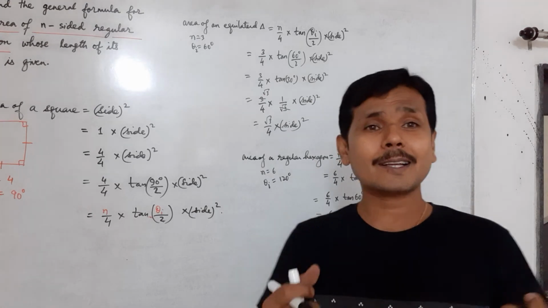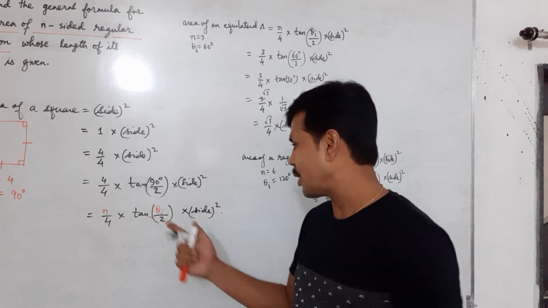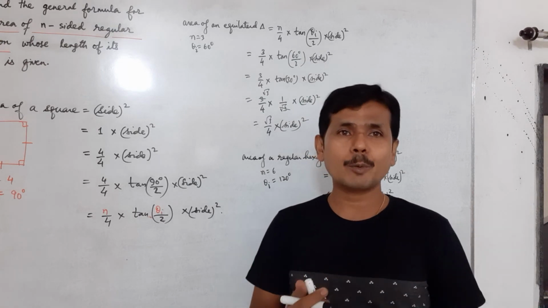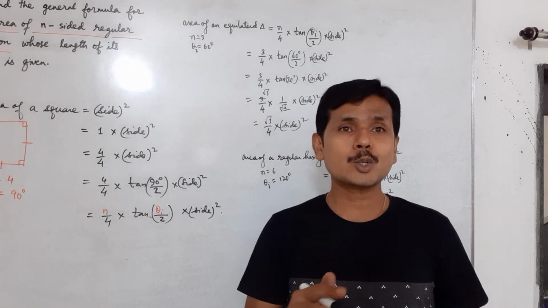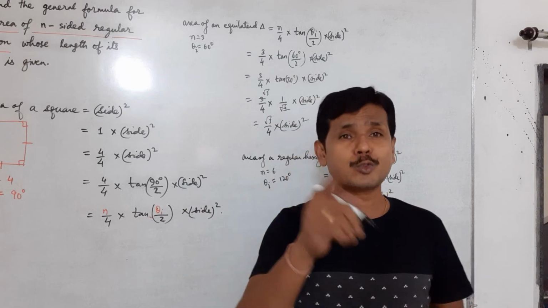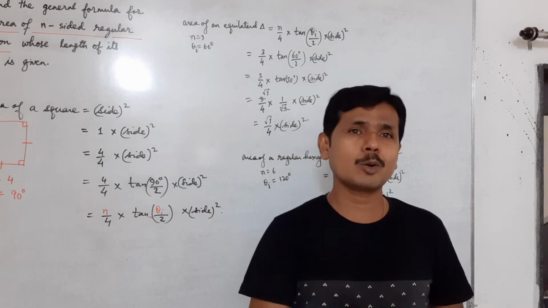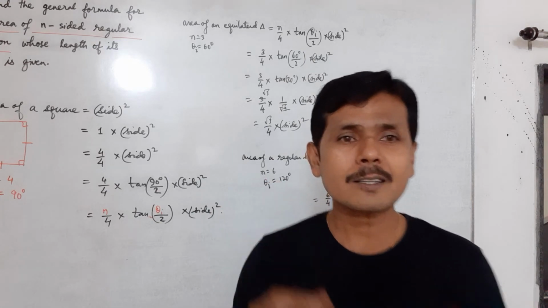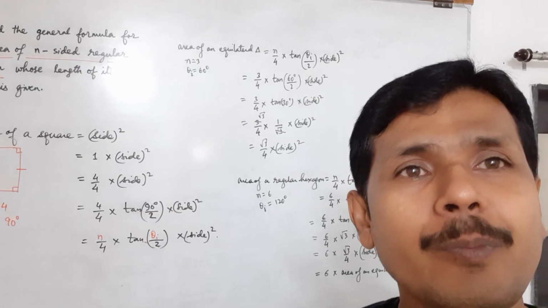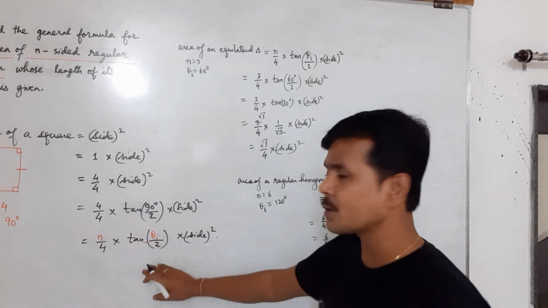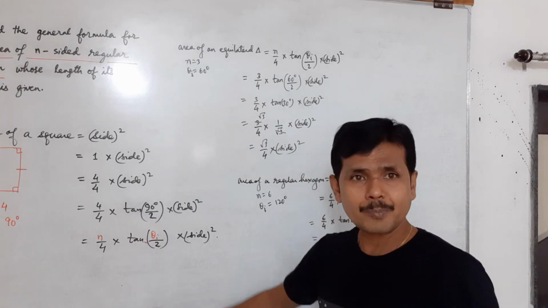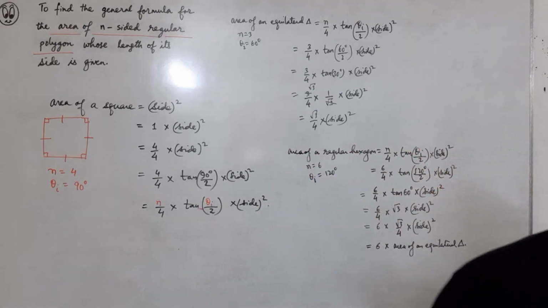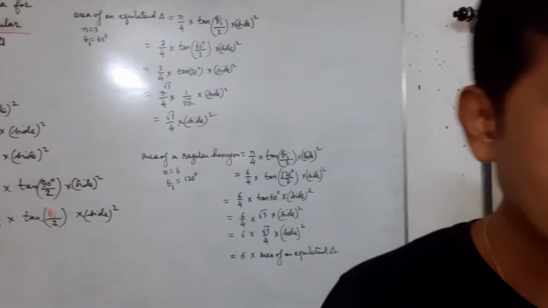I was so pleased with my formula that it really worked upon the regular polygons. Then I took this formula to find the area of a pentagon and I got the answer. Okay, let us see. The same formula I am going to use. Got it clear? I am solving it over here, if you don't mind.